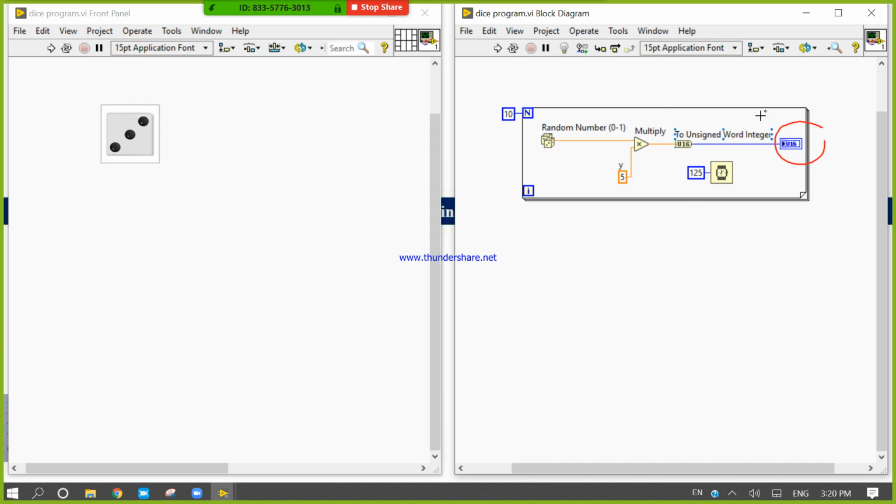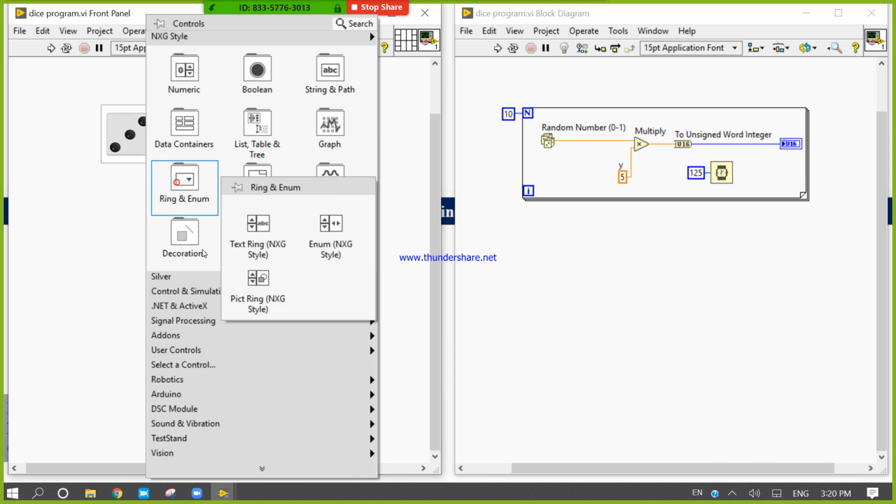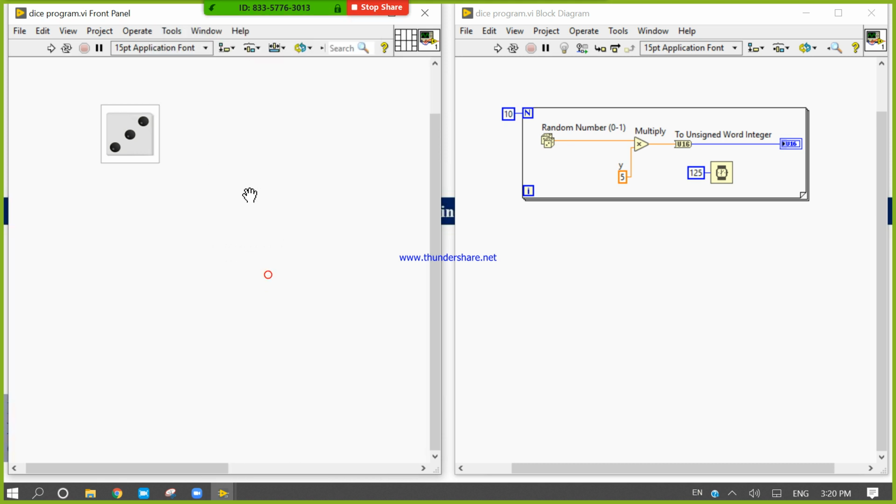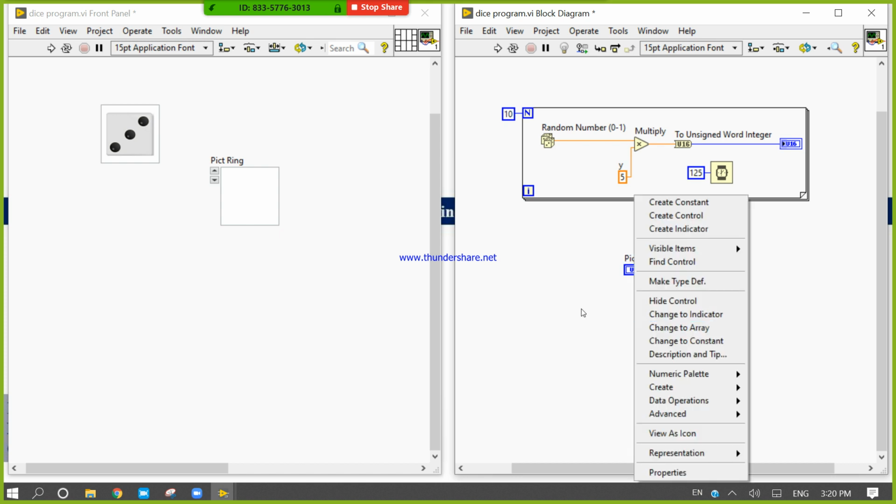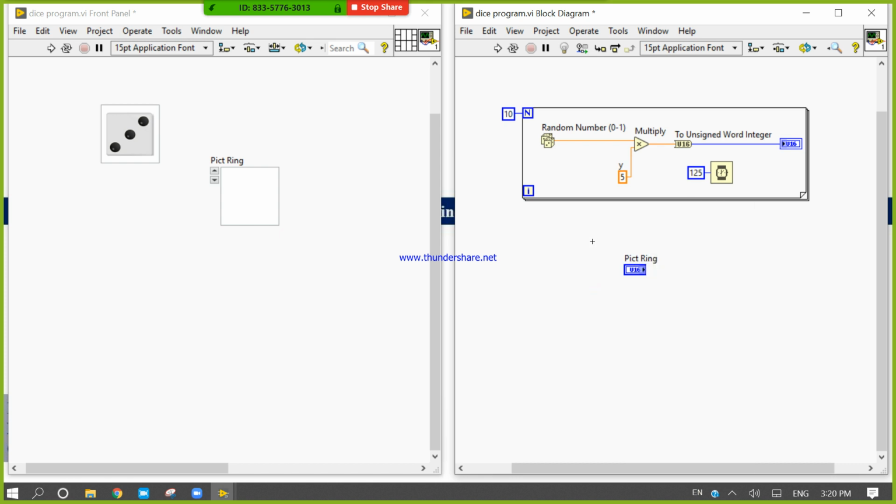Okay, so think, what is it? This is this dice program. When you pick one picture ring, at that time this picture ring is available as a control terminal. We need to change it into an indicator, so right click and change to indicator. It is today's, I think, 12th day.